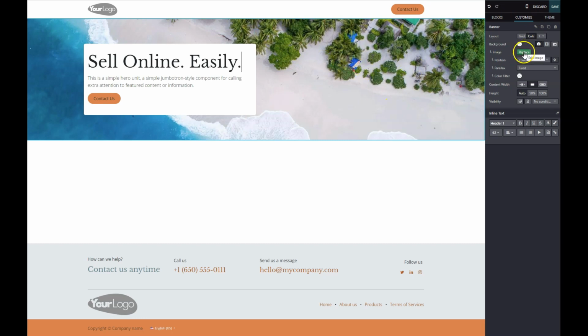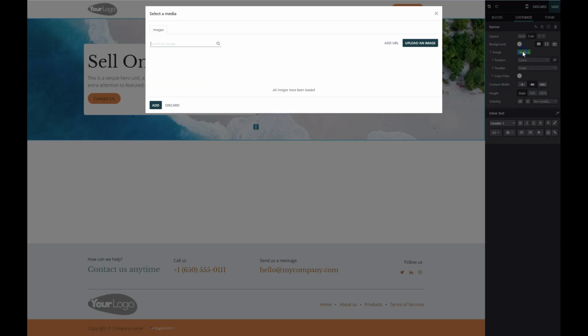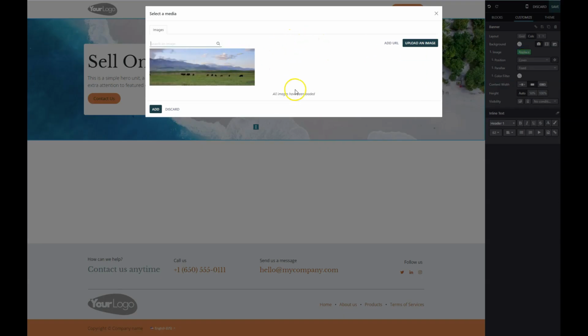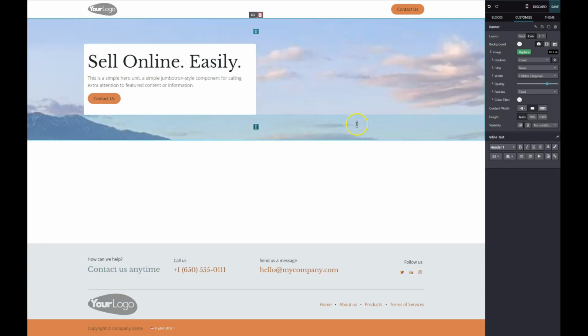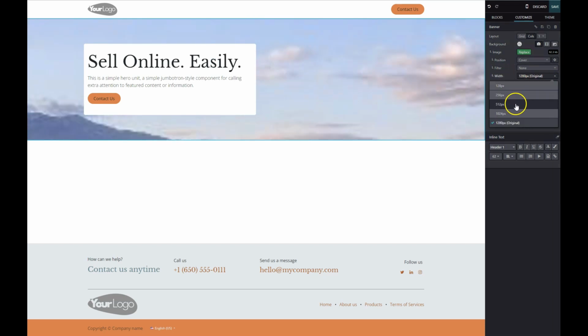First off, you can replace your image, and that's going to be right here, and if you hit replace, it's going to bring up a dialog box, and you can upload an image, or you can add a URL. So this is if you've got it on your computer. If you have URLs of all of your images, you can add them here. So I'm actually going to change this picture to one of my favorites, and you'll see that, oh, it kind of brought it up a little bit funny. So we can start to play with that in the widths and the sizes of all of the images,